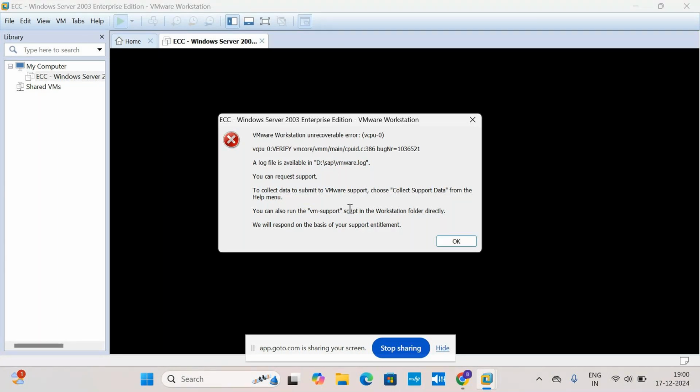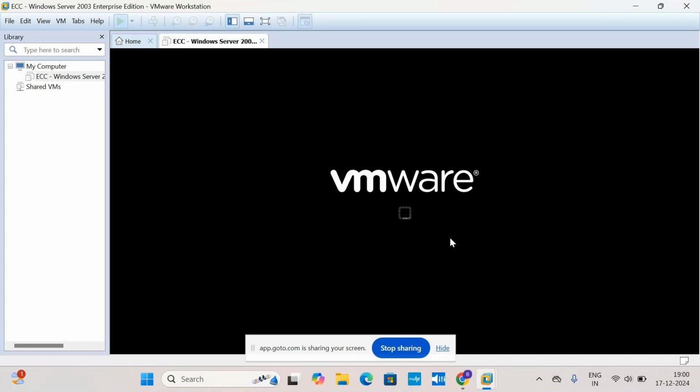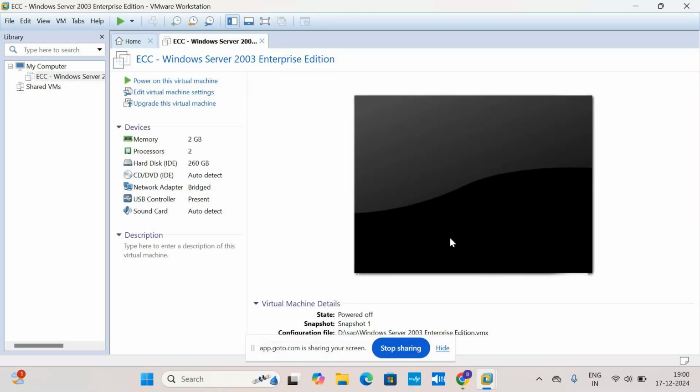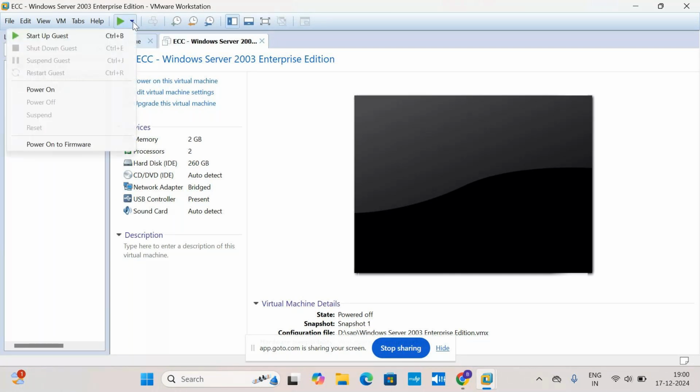Click OK. We have one triangle button, you can see at the top. There on the right side one drop down menu is there. Check once. It is power off actually. I think click on this power on.